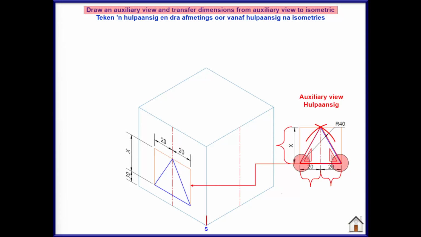First, we need to determine the height of the base of the triangle, which will be 10 millimeters from the bottom of the isometric box. We also need to position the center line in the correct place. We can transfer the height from the bottom of the base of the triangle and also 20 millimeters from the center line to the left and 20 millimeters from the center line to the right to complete the rectangle in my isometric view. That will then help us to complete our triangle in our isometric view.